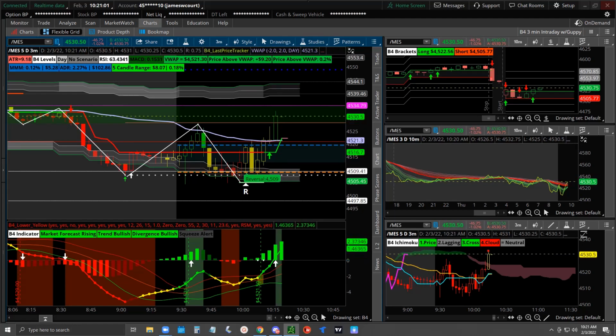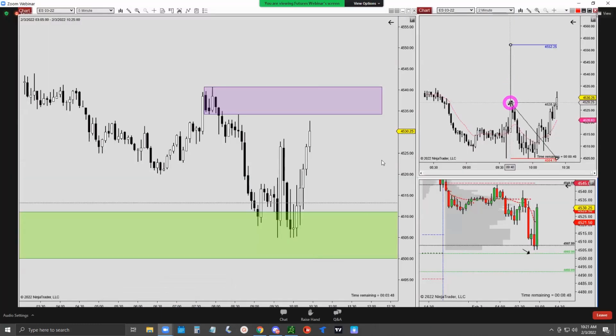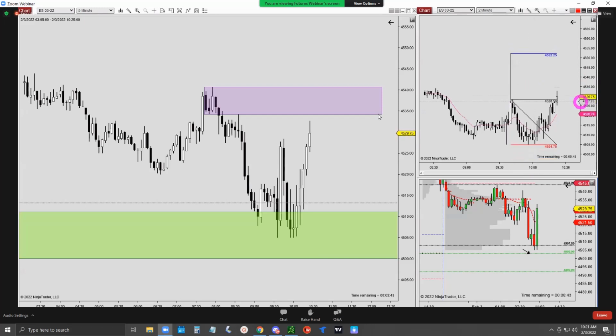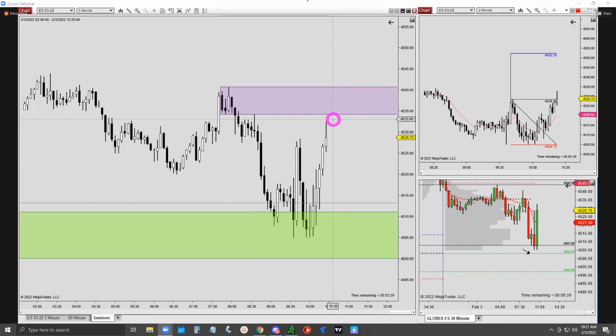Here's another cup and cup. So if bulls really want to break out, measure that cup, and you got to project the target right there. First defense from this strong area.